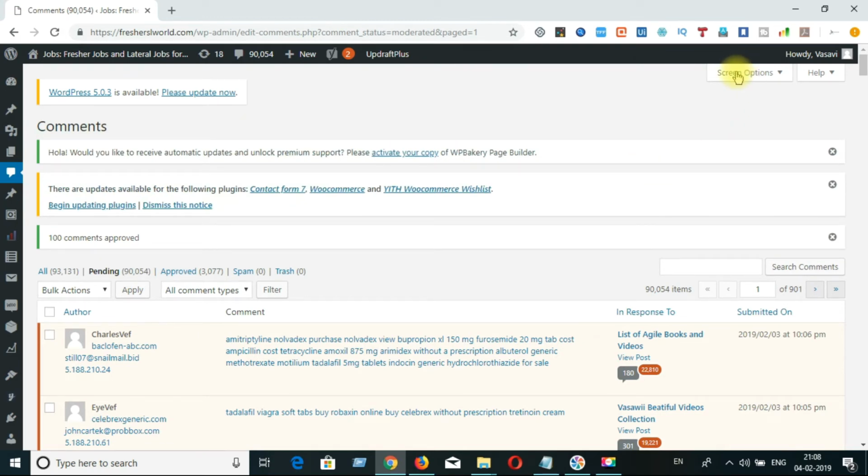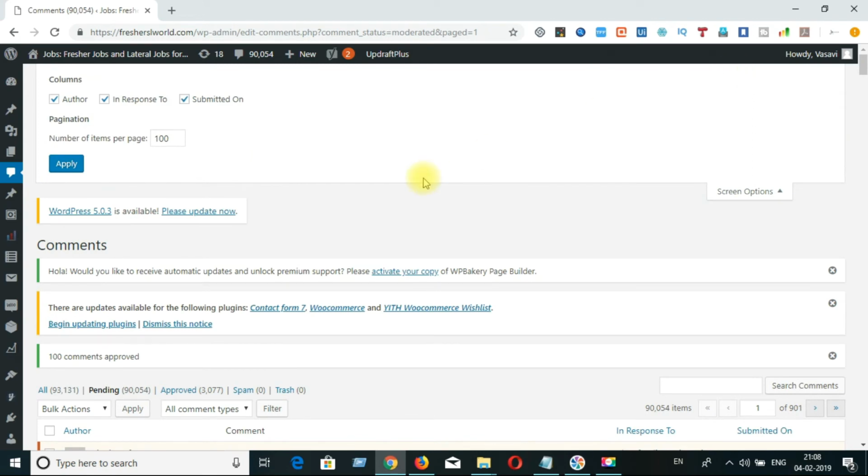So this is the way you can increase the number of comments displayed per page. By default it shows 20, but you can increase up to 999. But while approving or doing some action on bulk comments, we need to see how many comments it will allow. I tried with 300, 999, 500, but somehow I was unable to approve due to the long length of the URL. But I am successful in approving 100 comments at a time.